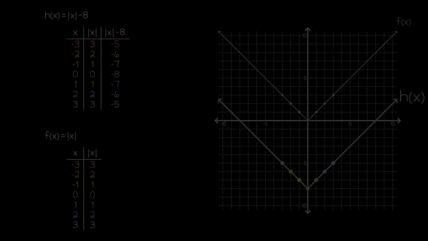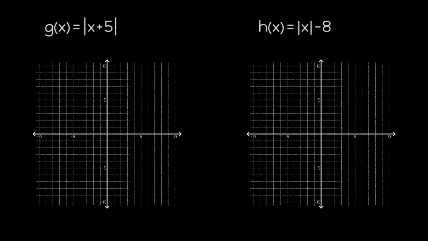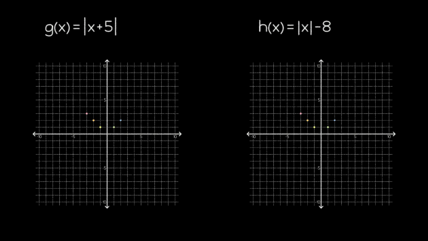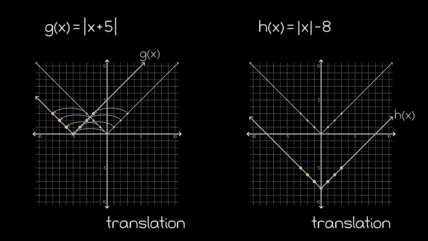Now it's time for a bit of analysis of the last 2 graphs that we've looked at. In both instances, our graphs changed locations relative to the parent function by shifting or sliding in a certain direction. This shifting or sliding is referred to as a translation. So both of these functions were examples of translations. Additionally, one of these functions moved left while the other moved down.